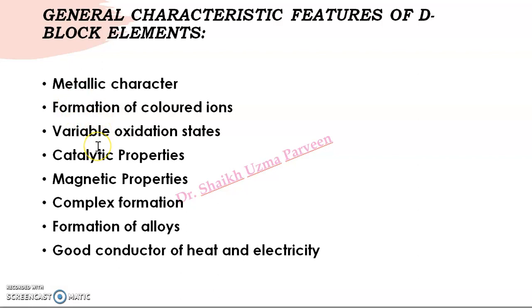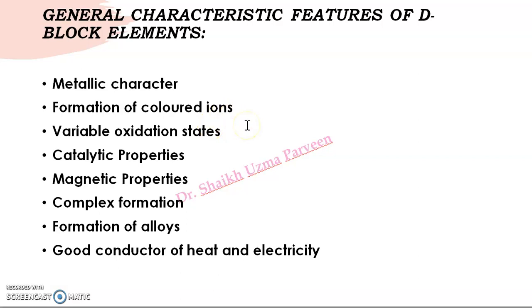So the formation of colored ions. Most of the transition metal compounds are colored in their solid or solution form. The color of transition metal ions is due to the presence of unpaired electrons in it, and the energy gap between two energy levels in the same d subshell is very small. Because of this small energy gap, an electron can transit from one energy level to another. So transition occurs very easily, hence they show the color.